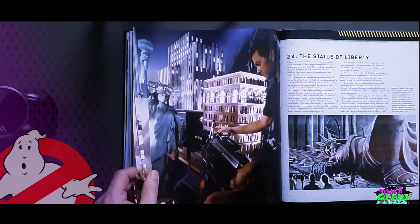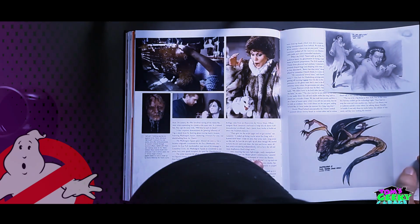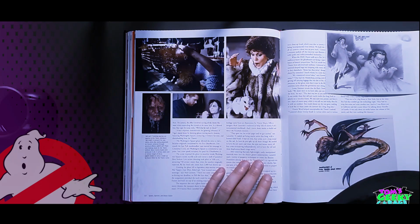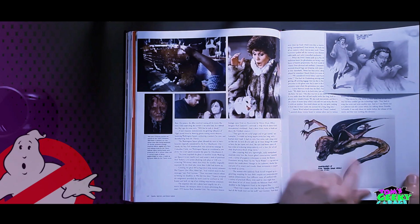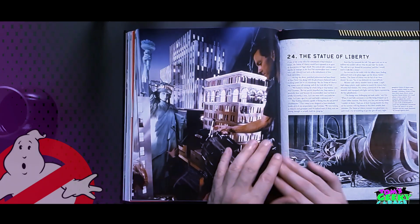Not sure about that. Subway Ghost might have been the one I pointed out earlier. Which one is this on? Theater Ghost. No, it's a Theater Ghost. So this is one that comes out of the theater. My bad. I should know that stuff, but...